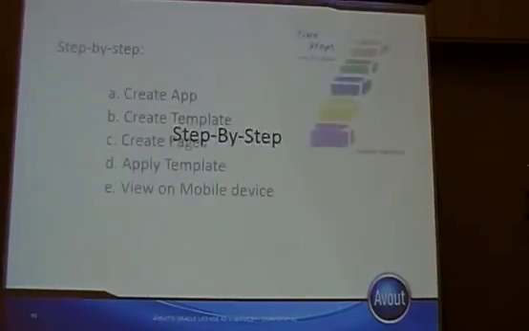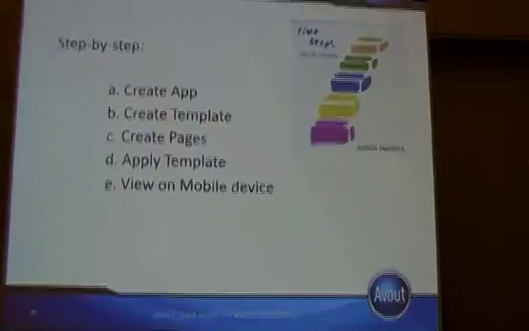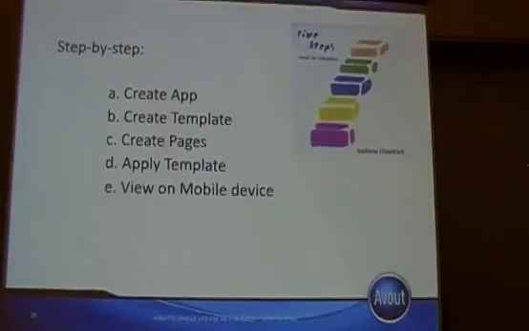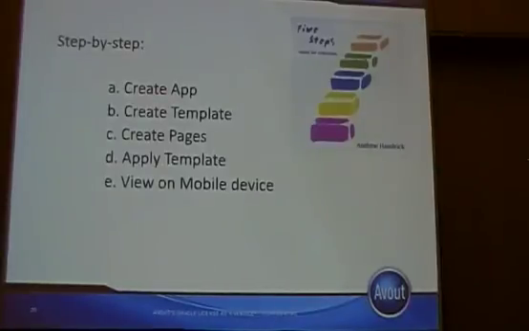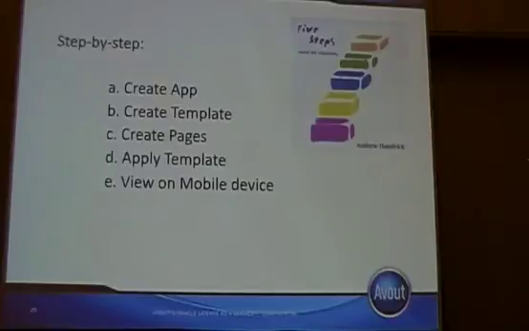So let's go through step by step. What are the first things that we have to do? Well, we have to create an application. We're not going to create a template. We're going to use the existing Oracle Application Express template that they give you out of the box for jQuery. We're going to create our pages, and again, we're not going to apply the template because we're going to say at the application level that we want to use the jQuery mobile template, and that will automatically be assigned to